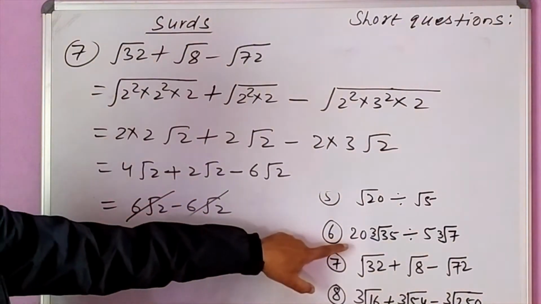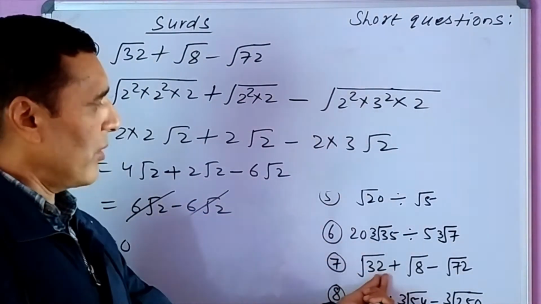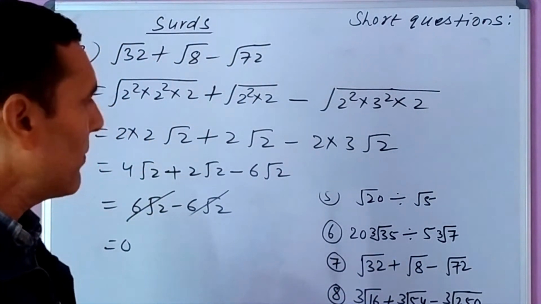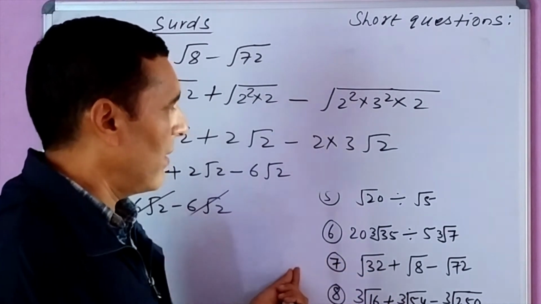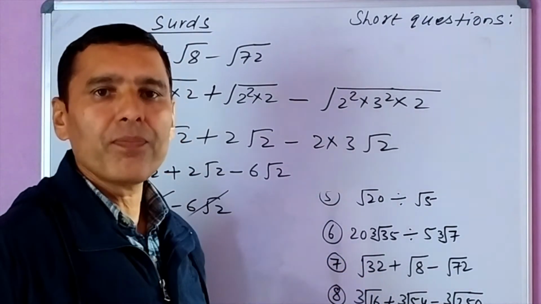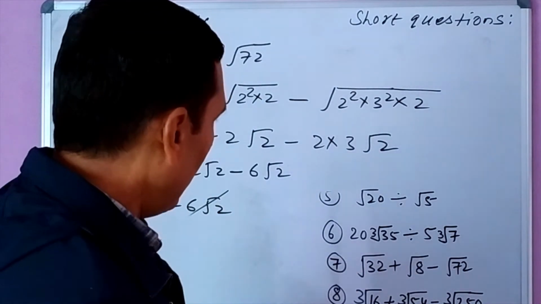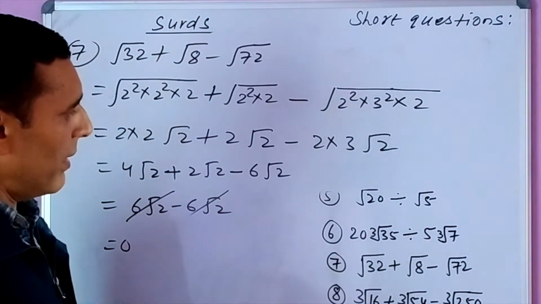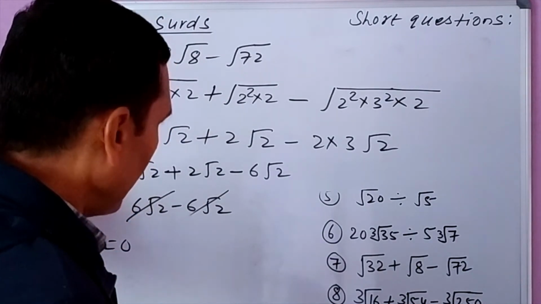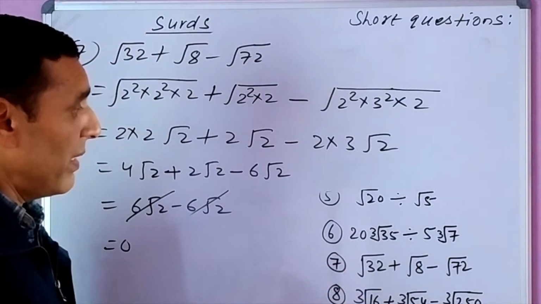So to simplify this type of surd, first we find the prime factors of the radicand and what number can be taken out of the root. We try for this according to the degree order of the radical or root. This is number 7. Now this question number 8 also can be done in the same way.